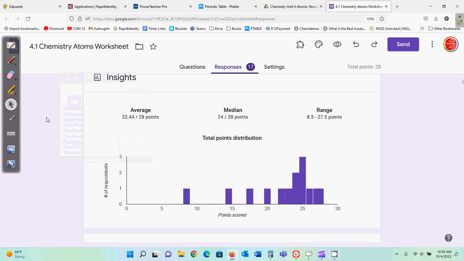Alright, so this is a 4.1 review. Now, looking at the grades, they weren't great, so I want to run through some things. The average here is showing 22 out of 28 points, which isn't bad. This is the points distribution, though. So while a good number of people are in this area, there's some lower grades, and so I want to